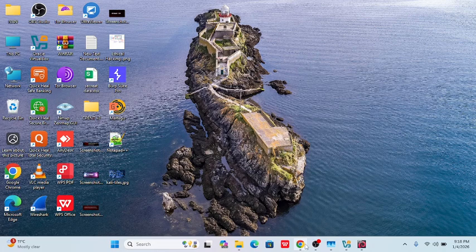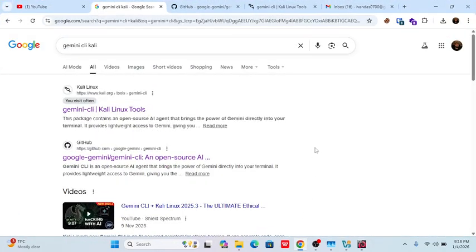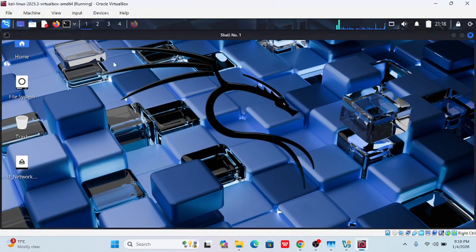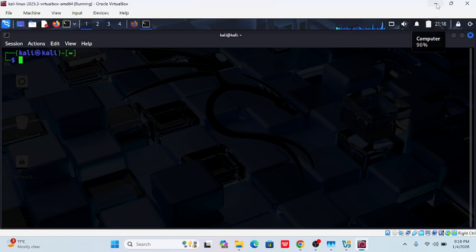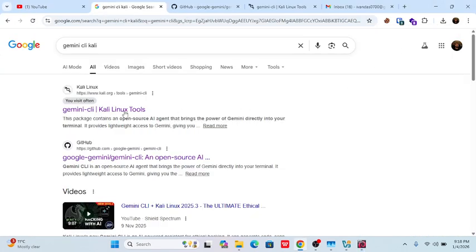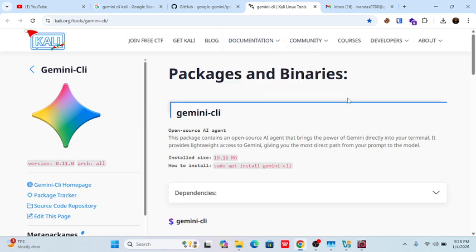Hi everyone, welcome. In this video, we will see how to install Gemini-CLI in Kali Linux so that we have the power of AI in our Kali Linux terminal. For this, we need to have Kali Linux and open your terminal, and we need to search for Gemini-CLI, and then you will see there is a GitHub repository, and also there is a Kali Linux package index. Kali Linux package,